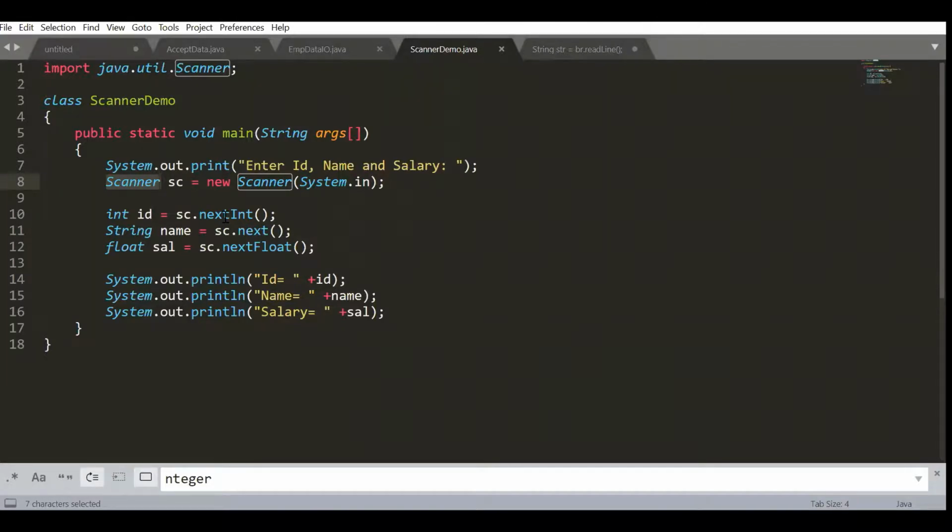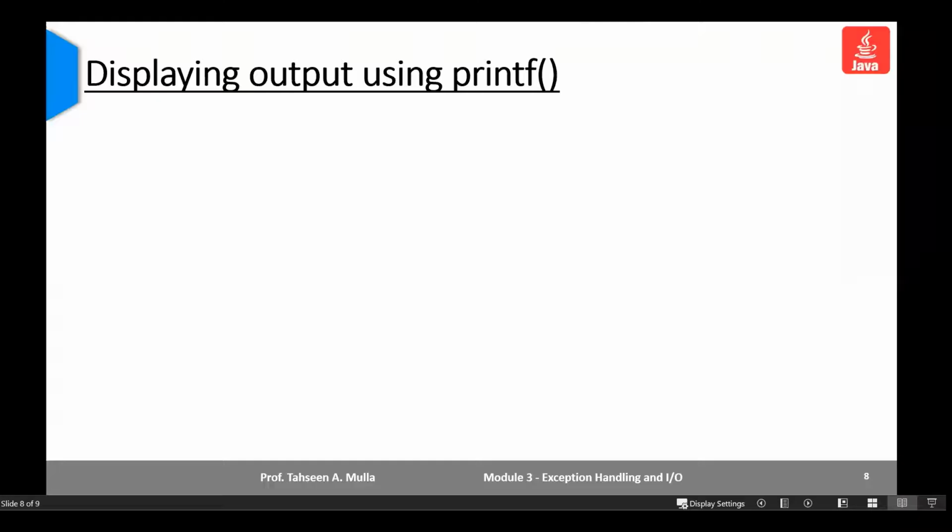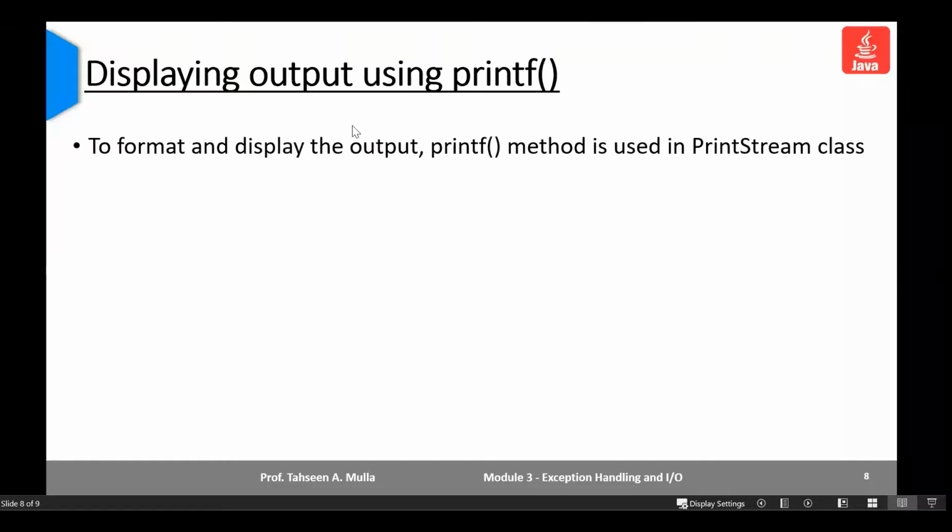There are different output streams also. We also use the printf method, the same method which is used in C and C++. For displaying output we also use printf when we require a specific format of displaying the output.